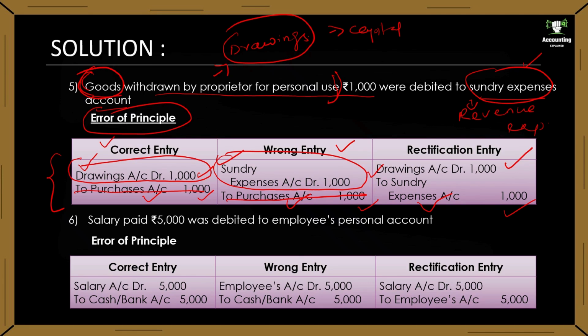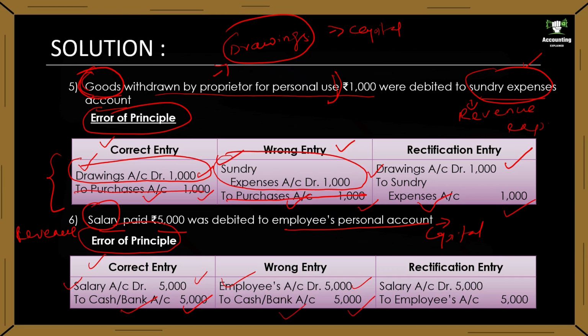Okay, the next transaction. Salary paid rupees 5000 was debited to employee's personal account. Employee's personal account is a personal account, and a personal account is capital in nature. Salary is a revenue expense because you are going to pay it every month. Here you have made an error of principle. The correct entry you should have passed is salary account debit 5000. Salary is an expense. When the expense increases, debit it. Cash or bank is an asset, and the asset balance is going to be reduced. So credit it 5000. Instead of that, you have passed it as employee's account debit 5000 to cash or bank